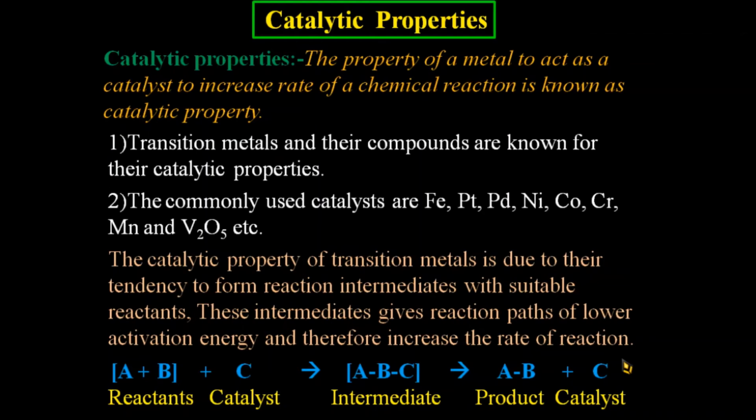This is one reason. It accumulates the reactants on its surface and increases the rate of reaction. So the energy required to react the reactants with each other decreases. That is, the energy barrier decreases, and with minimum energy the maximum amount of reactants get converted into product. That means the required amount of energy to react with each other decreases, so the rate of reaction increases because of the presence of a catalyst. This is one reason why the rate of reaction increases because of the presence of a transition metal as a catalyst.